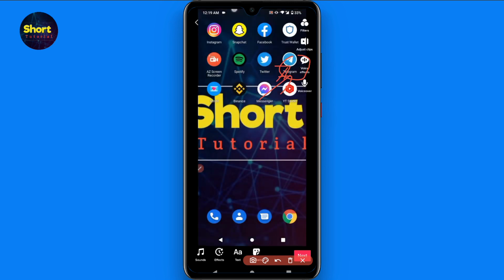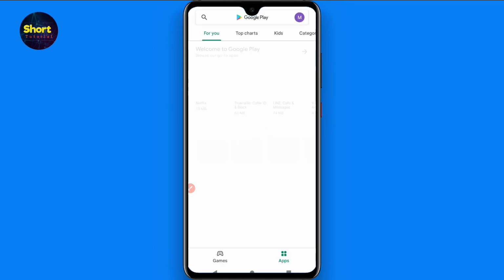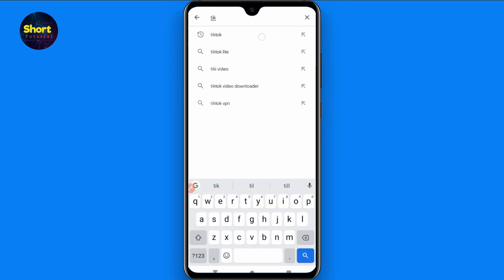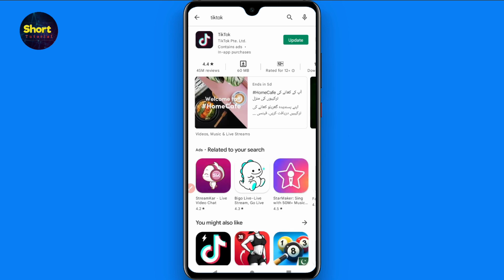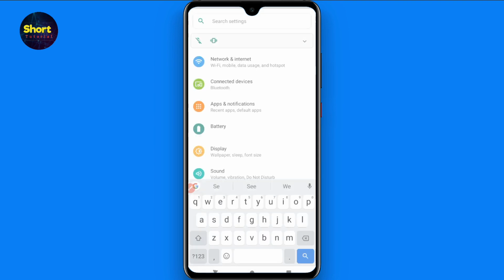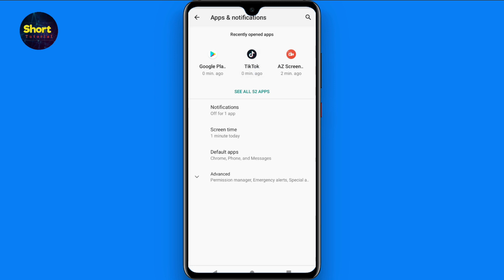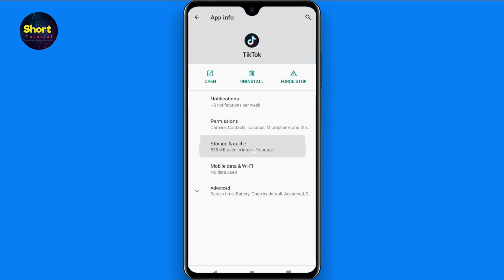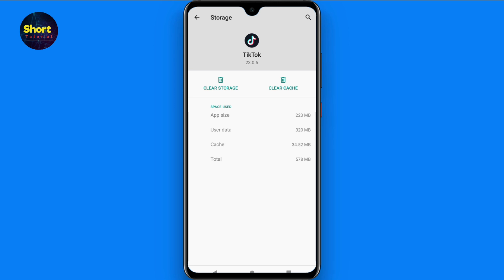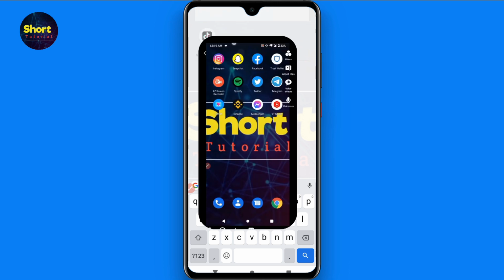But if you don't find it, make sure your TikTok mobile application is up to date. So you have to open your Play Store and search for TikTok and update it from here. Once you update it, after that you have to go back and open your settings, and search for the apps and notification from here and open TikTok from here. And then simply you have to click on the storage and the cache, and you have to click on clear storage or clear cache. And once you do it, open your TikTok and log into your account again, and you will easily find